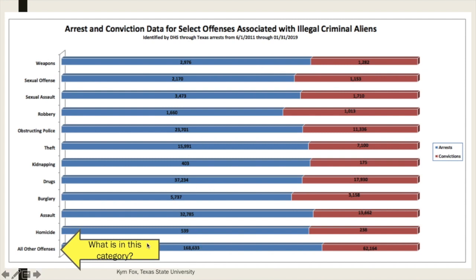big numbers. So let's look at this one, all other offenses. 168,000, 62,000, all other offenses. What does that actually mean? What's in this category? Does this include, in fact, traffic stops? I suspect that it does, actually. So it goes from having crimes that might be considered serious to here's a whole bunch. In fact, the bulk of the number comes from this line, and in fact, we have no idea what it